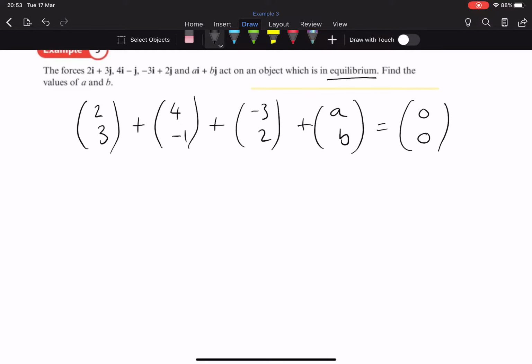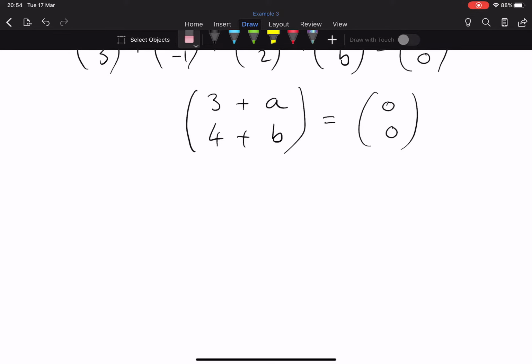So what does this mean? Let's add together all the vectors on the left-hand side. Horizontally, we're going to have 2 add 4 minus 3, which is 3, and then plus A. And vertically, we're going to have 3 minus 1 plus 2, which is 4, plus that B, and that's equal to (0, 0). So from this, we know that 3 plus A has to be equal to 0, and we also know that 4 plus B equals 0. So from these two equations, we get that A equals minus 3 and B equals minus